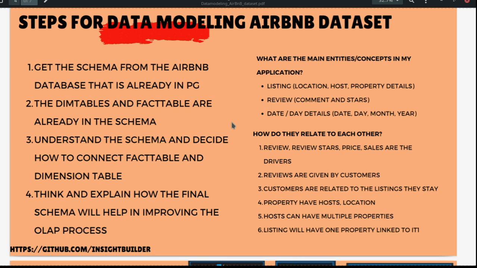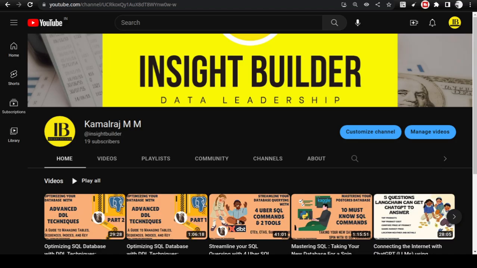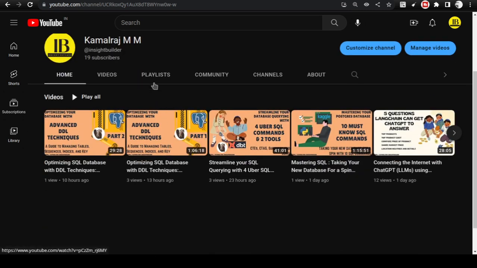This is the very important step regarding the data modeling aspect. The more understanding you have about the data, like what are the main entities or concepts in my application or the data set. So in the Airbnb dataset, if you have followed all the videos till now, let me go to the Internet Explorer. If you have come to this video directly, I would suggest that please visit my playlist where